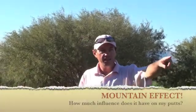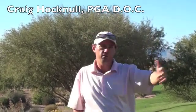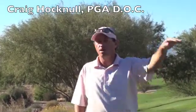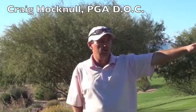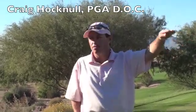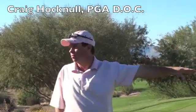For example, on 18, that's very tricky for a lot of people because you see the water over there. In other areas where the lake is not man-made, it's a natural lake, you can bet that the natural terrain slopes that way toward the water. Well, this is all man-made lake. Yeah, it's very beautiful, but it's cut on the side of a hill, and it's controlled by irrigation and the